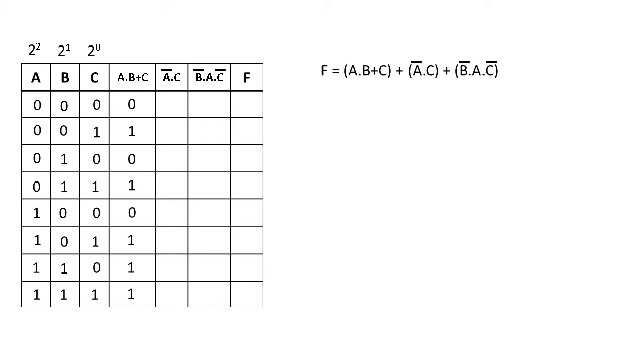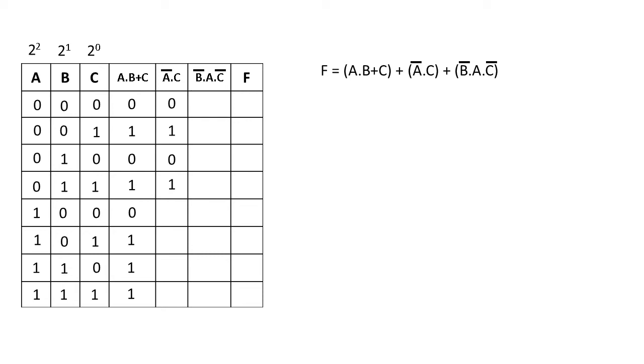So 1 into c is 0. So 1 into 0, 0. Okay. So again a naught, that means complement of 0, 1. 1 into 1, 1. Okay. So the complement of 0, that is 1. So 1 into 0, 0. So again 0, the complement of 0, that will be 1. 1 into 1, 1. Okay.